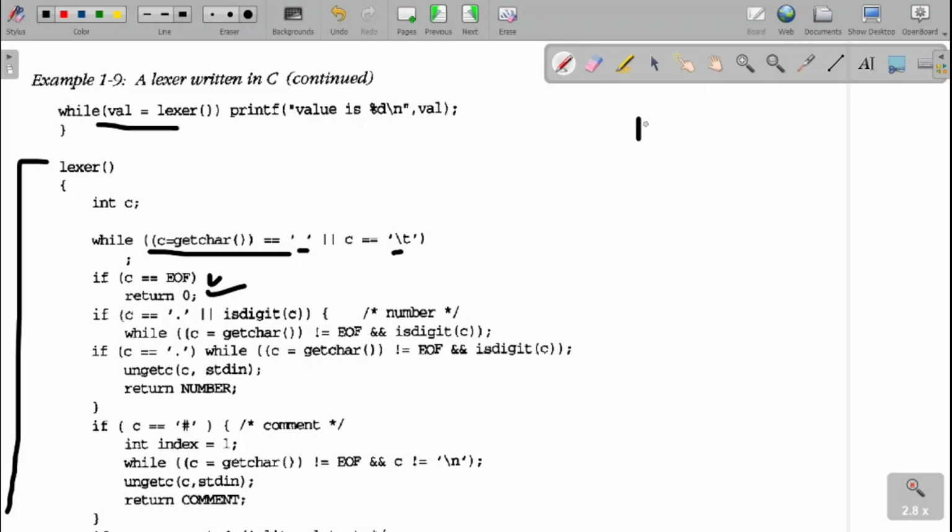The first option is numbers. How will it be? 12, 12.83, and just 0.83. These three options, if you look: either I can have a dot or a digit, then I will enter into this loop. In this loop, I will keep on repeating till I get digits or I get the end of the file. As long as I am getting digits, they come under the number, and I keep on reading.